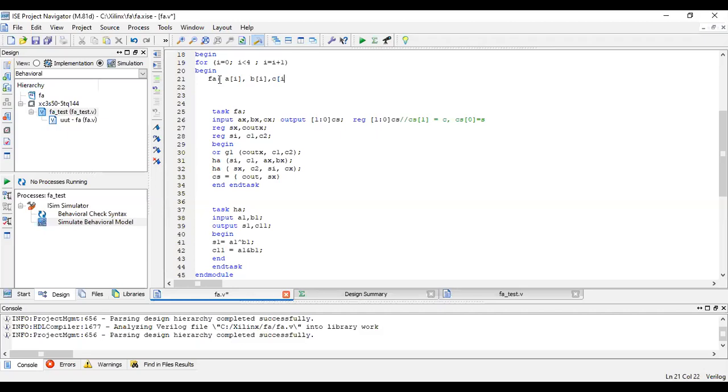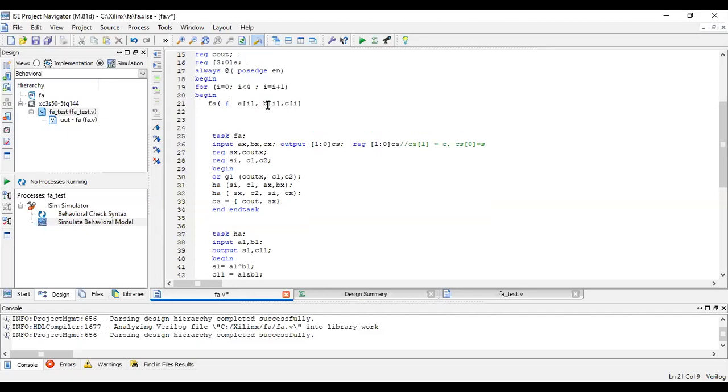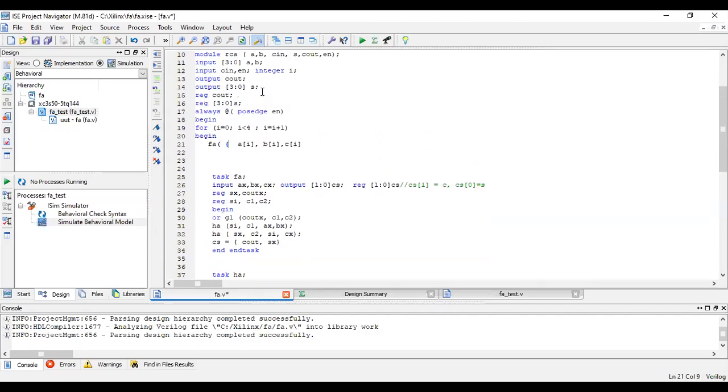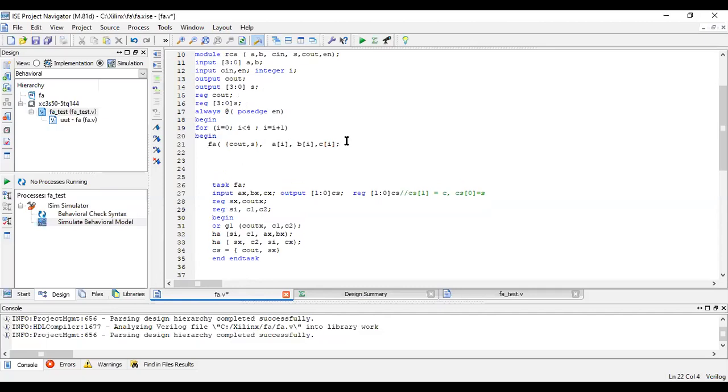And what is your output? Again, you can see I'm passing it as a concatenation of bits. So here exactly I've taken the keyword as Cout. So Cout, comma, S. It will be concatenated and you'll get the output. Done. This is with respect to my full adder. End.